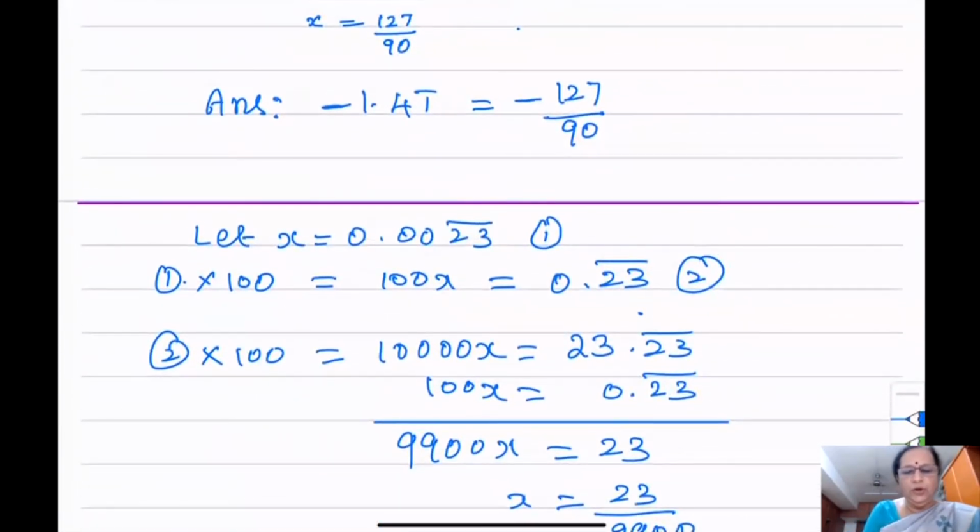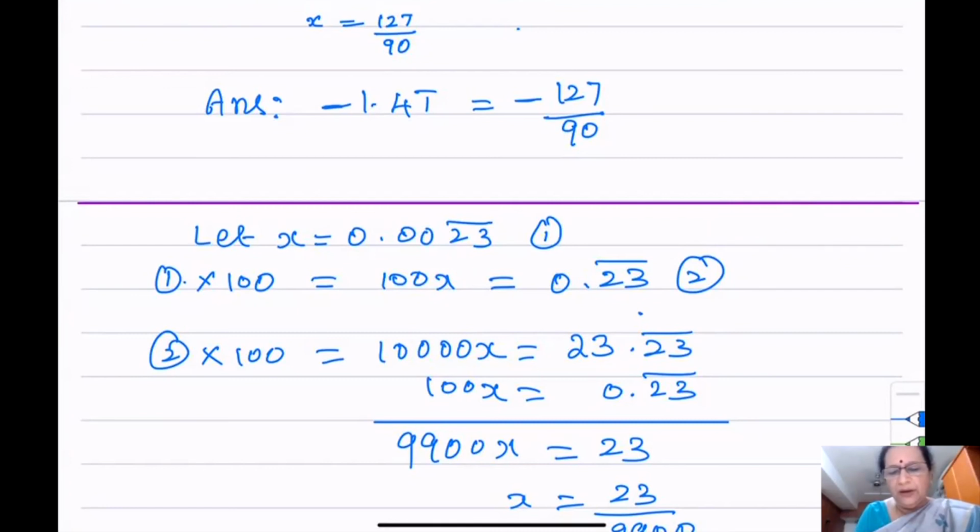So next one is you have to convert this mixed recurring decimal into rational number. Why is it called mixed? There are 4 digits in the decimal part, but 2 digits are not repeated. Only these 2 digits will be repeated. So as I said, the first step is shift the digits which are not repeated to the whole number part. That means I need to multiply equation 1 by 100 because there are 2 digits not repeated. So 100x equal to, the 2 zeros will be shifted to the whole number part. But I don't want to put 3 zeros here, just a 0. Whether you put 3 zeros or 1 zero, it is the same.